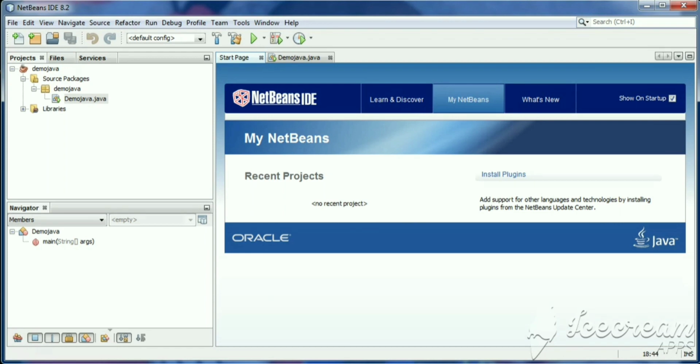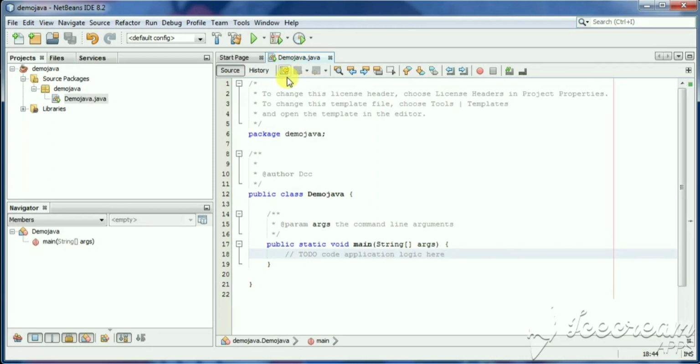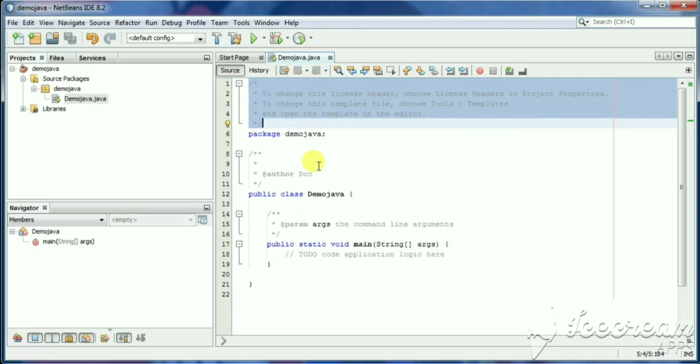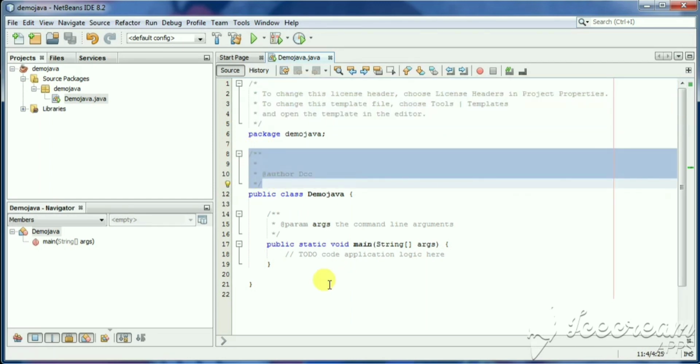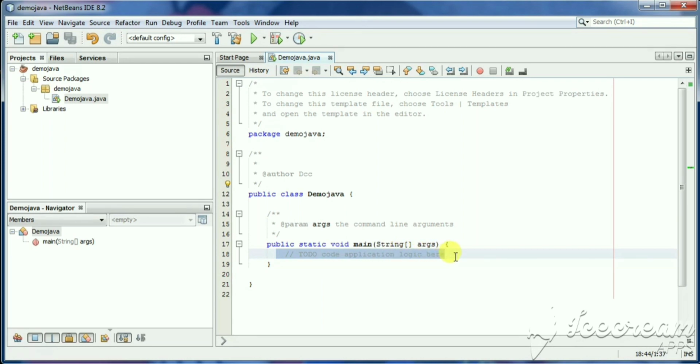Today we are going to start learning how to create variables in a Java program. As you see on the left side, there is a project tab which shows a number of projects in an IDE environment. On the right-hand side is our first Java file, which shows some comments. These are called multi-line comments, and these are also multi-line comments, and this is called a single line comment.